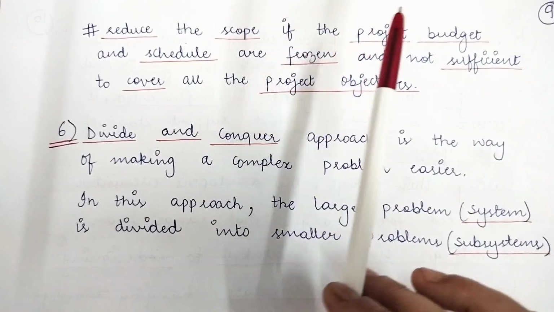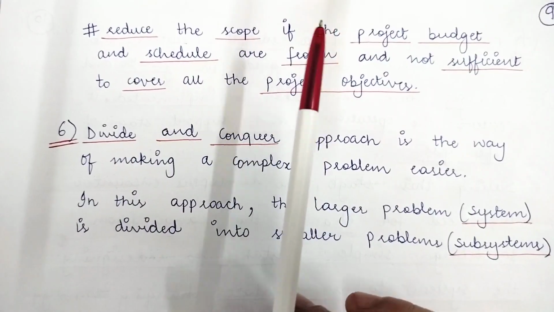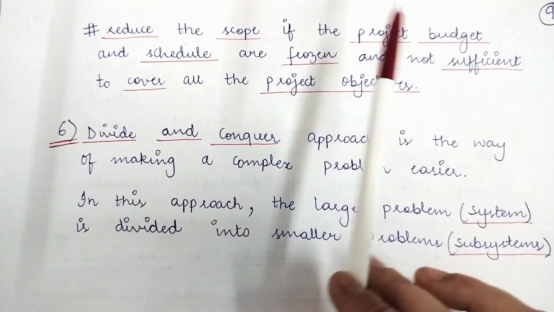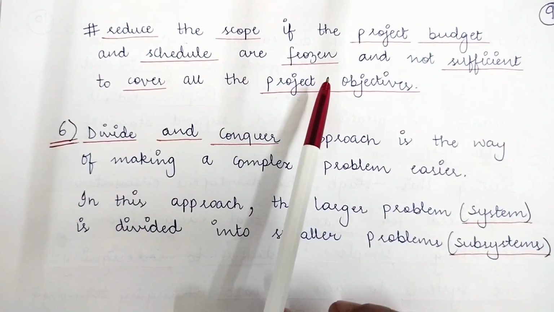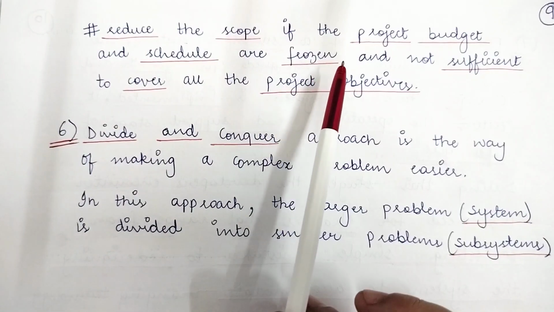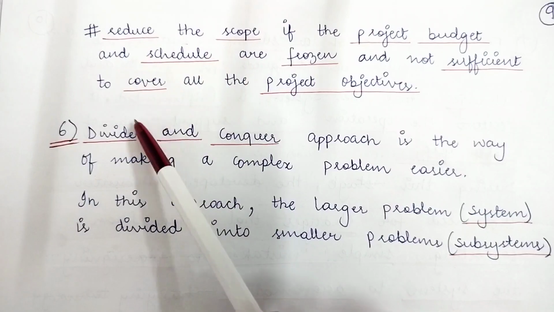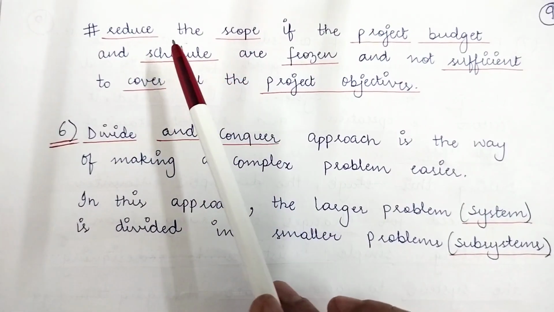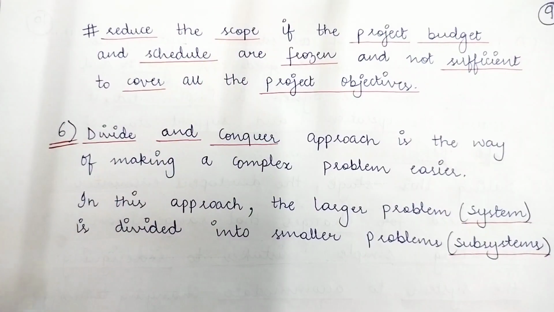So if you think that the budget and schedule are frozen and the client is adamant on the fact that he cannot increase the budget and schedule of the project, so it is very obvious that if you cannot increase the budget and schedule, you cannot increase the objectives also of the project. So that means in that case you will have to reduce the objectives. That means the scope of the project will be reduced. So there and then you should reduce the scope of the project in that case. So these are the 3 rules that should be followed at each checkpoint, or 3 options that should be considered